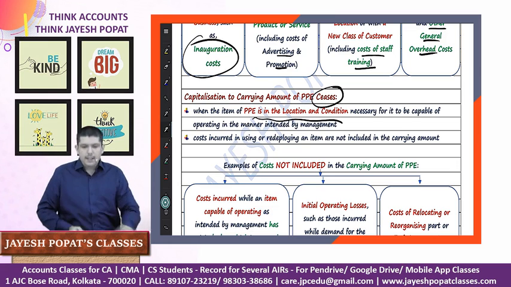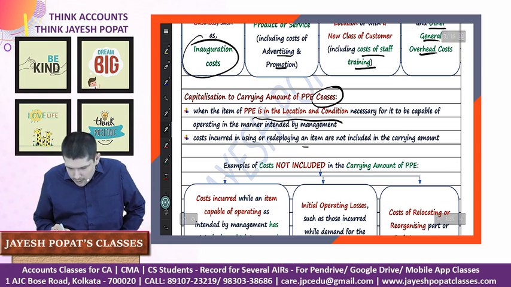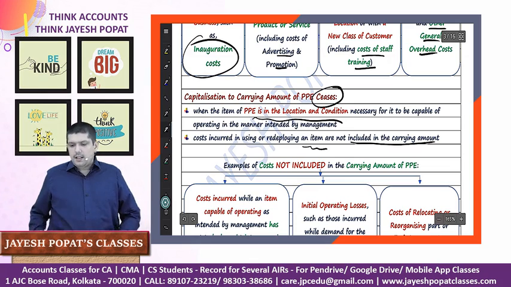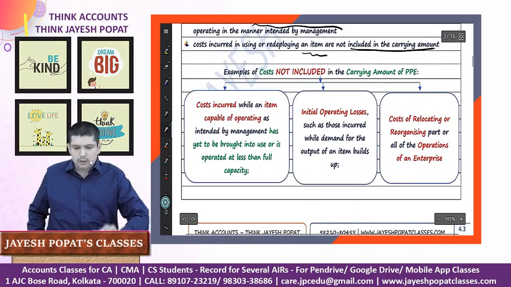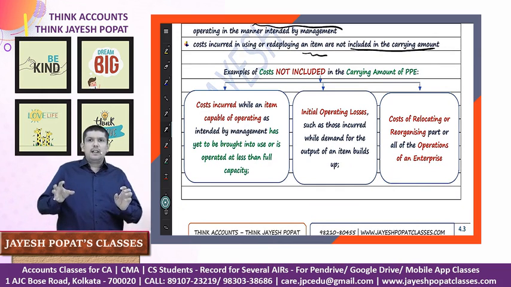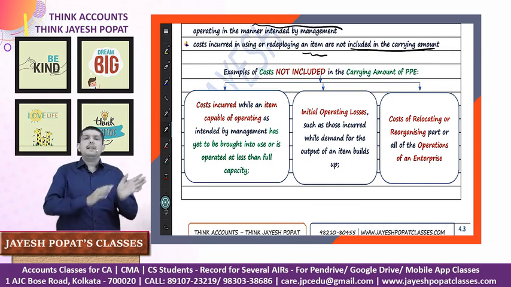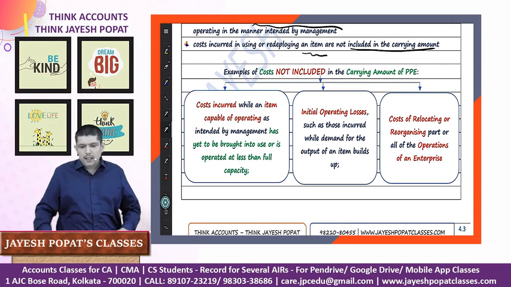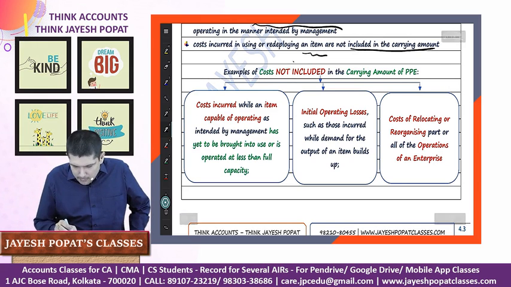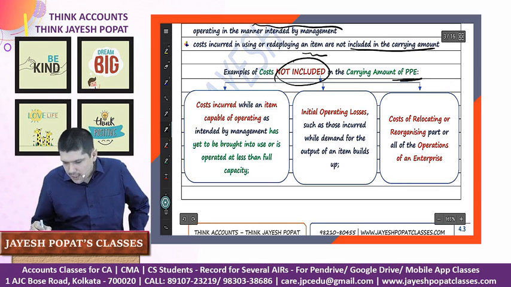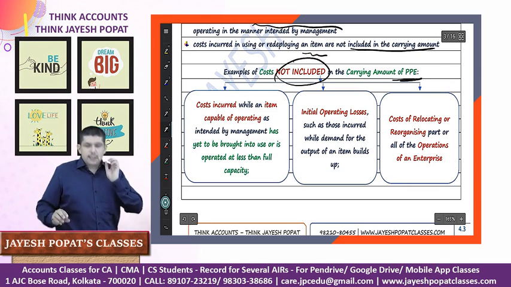Cost incurred in using or redeploying the item are not included in the carrying amount. So once the plant and machinery is installed, you have to have people to operate that machinery, etc. Those costs will not be considered in the cost of the item of PPE. Then there are certain other examples of cost which will not be included in the carrying amount of the PPE. The first item says